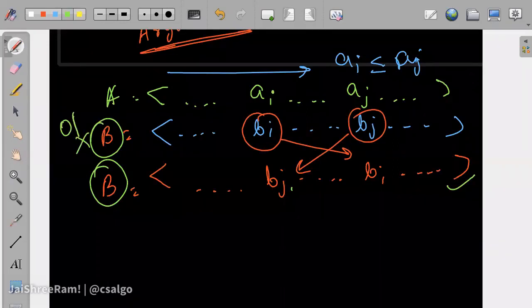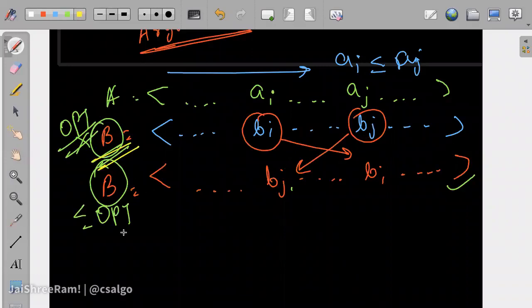So let's suppose this is optimal, this is my correct answer. If I then swap these two values, the result should be less than or equal to optimal, right? If this is the best answer I can create, then if I swap two values, it should be less than or equal to optimal.